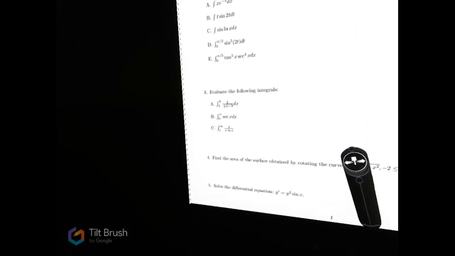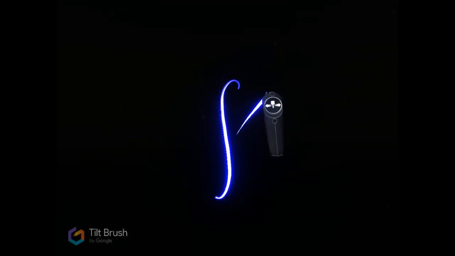So what do we want to do? We want to do integral of